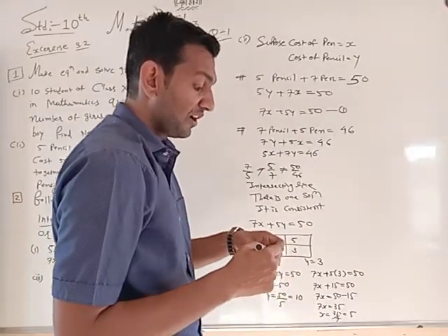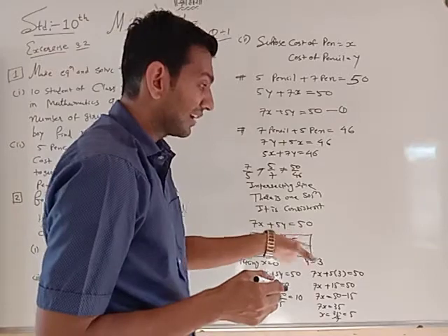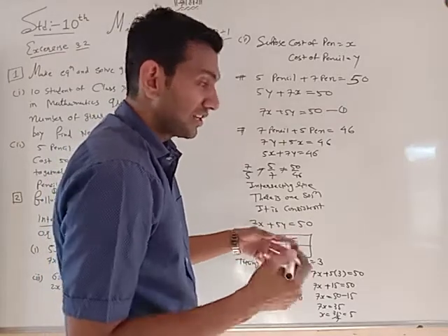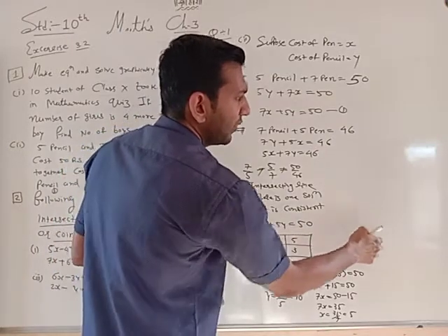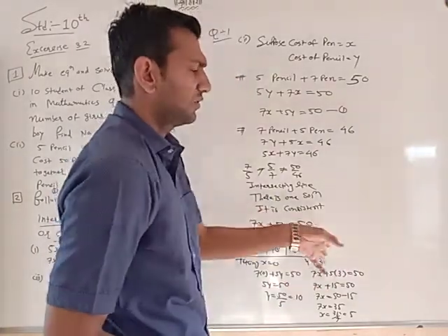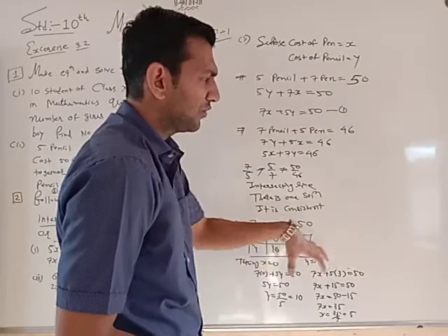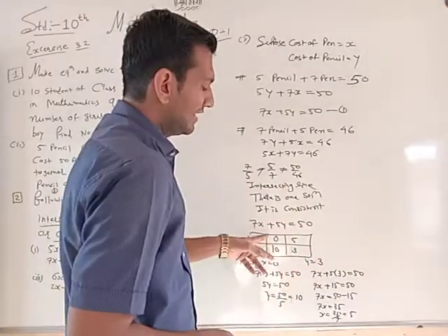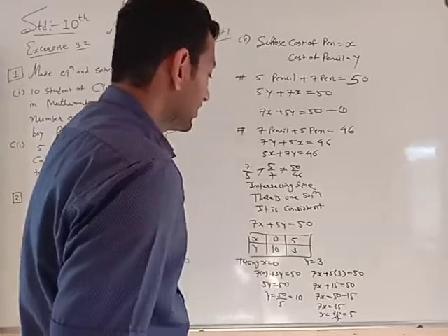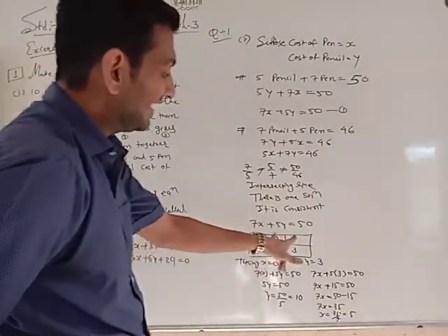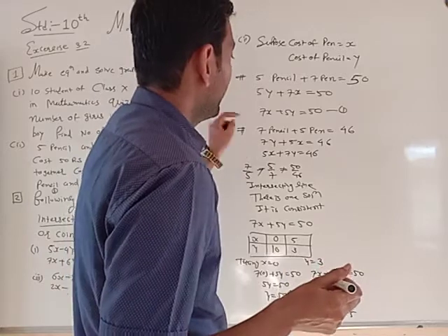If you have no idea how to get a solution in the form of integers, you can take more values: 0, 1, 2, 3, 4. If you try 3 or 4 values, any two of them will be in the form of integers. So here the two values are in the form of integers. It's okay. Now let's start.